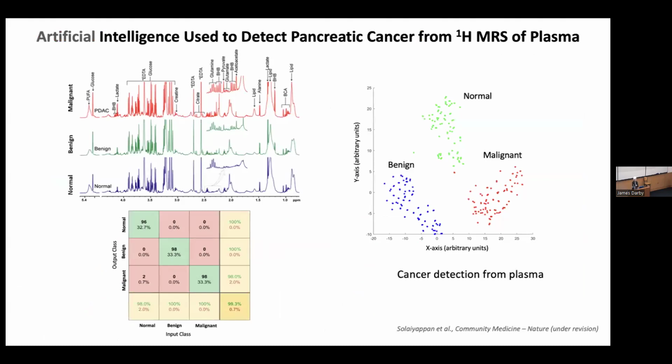Because we had the plasma samples, we also wanted to see if we could develop a screening method for pancreatic cancer. And so here, Mayapan Solayapan took these plasma spectra from malignant, benign, and normal participants, and we were able to then classify these groups of patients based on the neural network analysis of these spectra. So we're quite excited about this as well